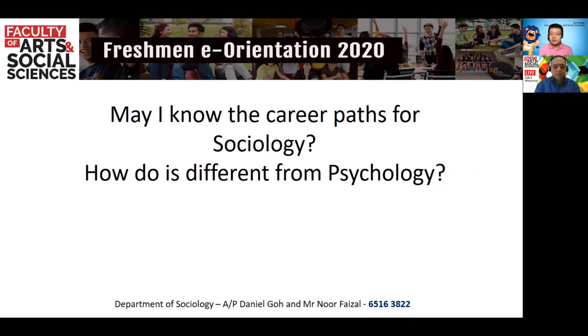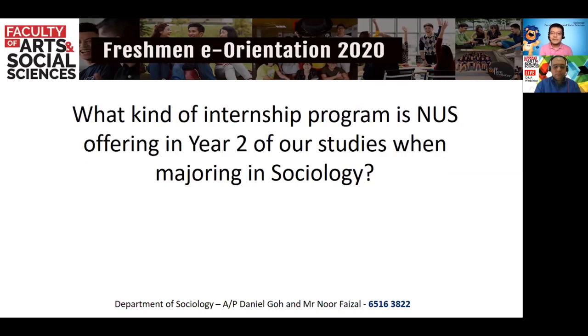Now, it's very different from psychology, because we are very much focused on social policy research and social policy planning. We are also very much involved in organizational, managerial positions, in which we enhance the organization. So it's not human resource. We don't get into human resource. We get into positions in which we try to enhance the organization. So it's different in that sense. Okay, great. Thank you.